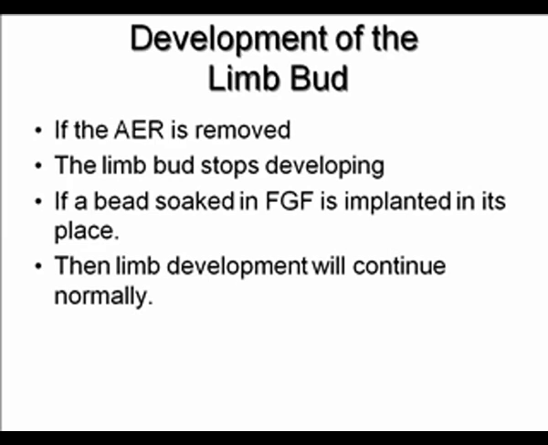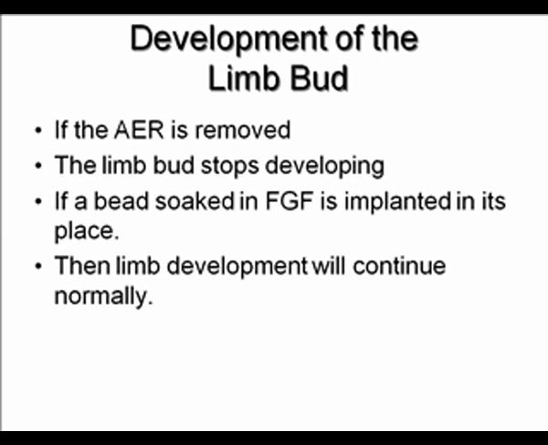The influence of the apical ectodermal ridge has been known for some time. Classic studies have shown us that if that apical ectodermal ridge is removed, the limb bud will stop developing. So if it's removed early, the limb won't develop at all. If the apical ectodermal ridge is removed later, some of the more proximal structures will develop, but the more distal structures will not. So that it is a time-dependent organization from proximal to distal as to the origin of the different structures in